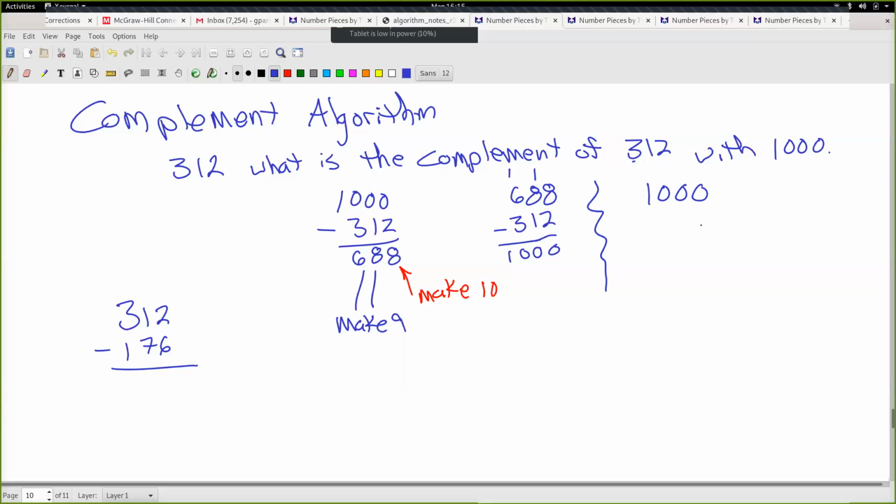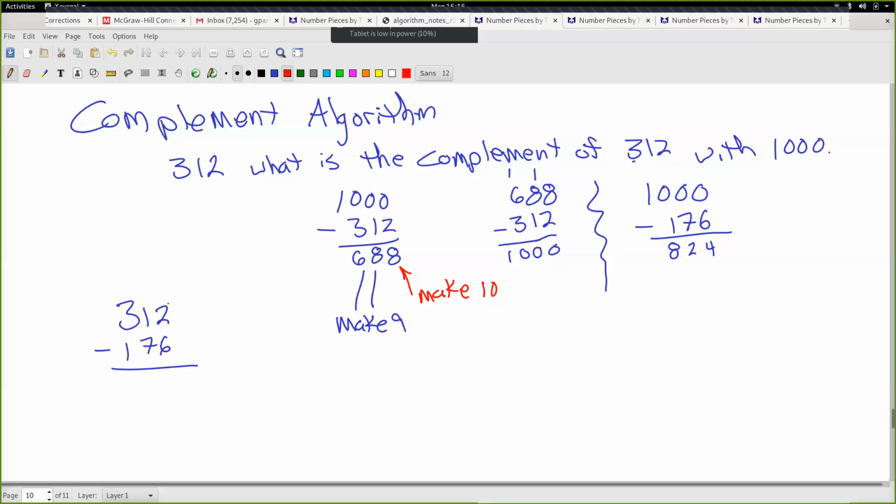What is 1,000 minus 176? And usually I just think it. I don't write it down. So with the first digit, I want to make a 10. Then after that, I want to make a 9. So 824 would be the complement of 176 for 1,000. 1,000 minus 176. So back over here, I look at the bottom number, and from the 6, I say, okay,